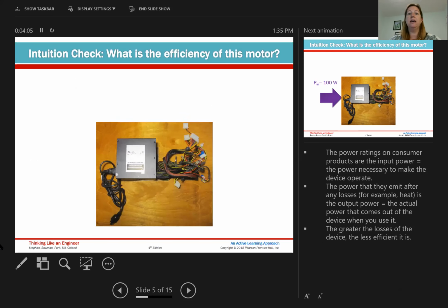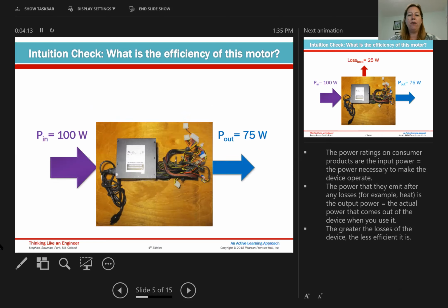So in this intuition check, we want to know what is the efficiency of this motor. So if I say that the power in is 100 watts, that we have a power out of 75 watts, and then we have a heat loss of 25 watts of power in our device. So our power in at 100 watts and our power out at 75 watts. If we know that P out,